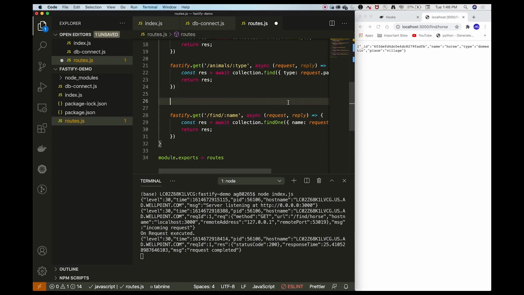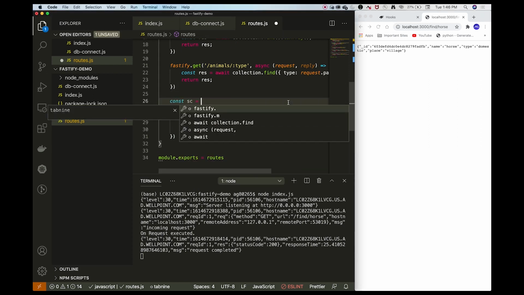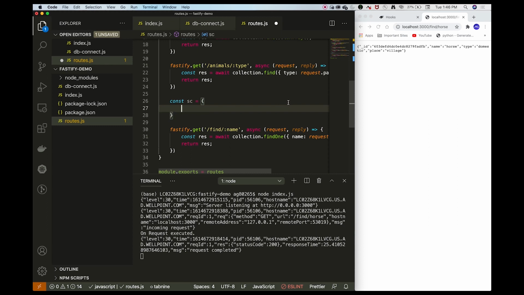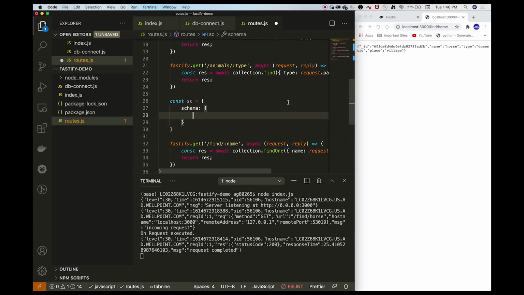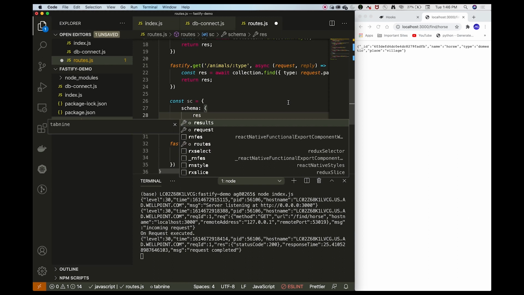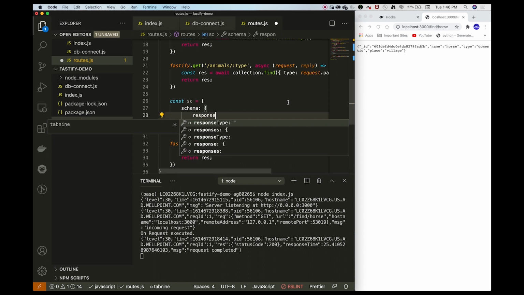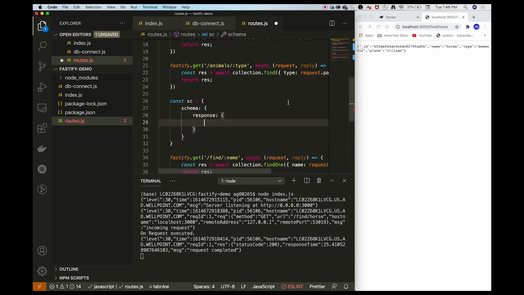To create a schema, we will create an object sc, and this sc is nothing but a schema that we want. Inside this, we will define our schema, and in schema we will define only for response. You can also do the same thing for request.